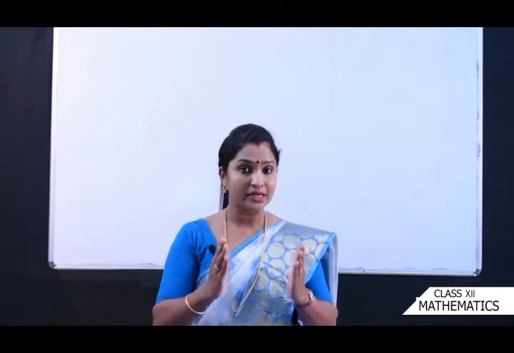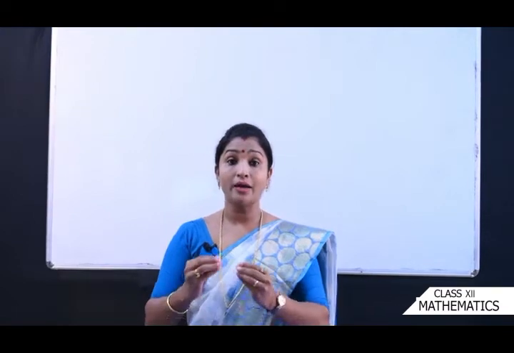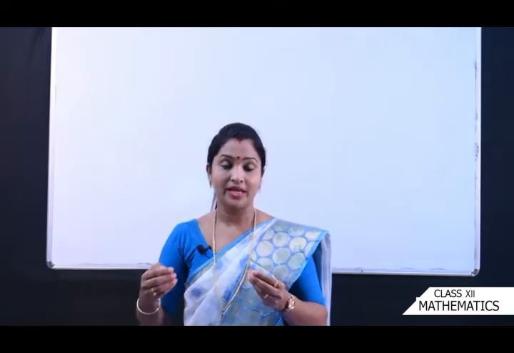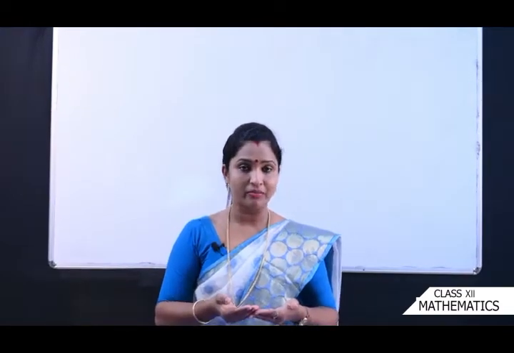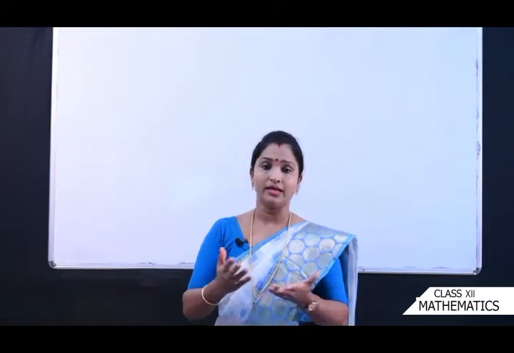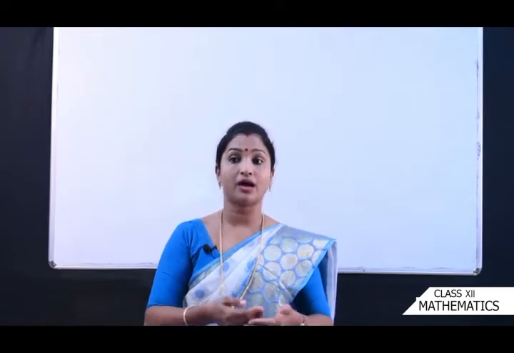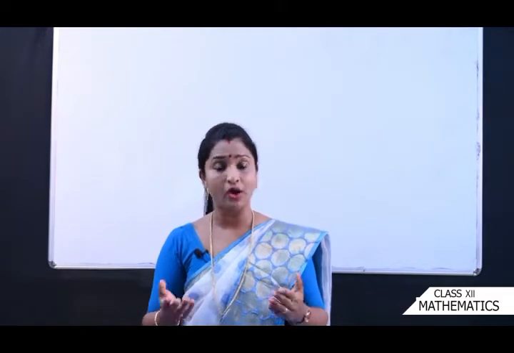मतलब अगर आपके पास एक square matrix है और यदि आपको determinant निकालना है तो आप एक value निकाल सकते हैं. स्क्वायर मैट्रिक्स में ऐसे नहीं था. You must be remembering, in the square matrix we never find the value, we always find the matrix only. जब भी हमें रिजल्ट मिलते थे मैट्रिक्स ही मिलते थे. But when you find the determinant, we can associate a number, that can be real or complex.